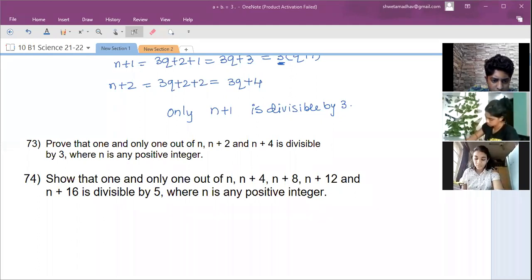Exactly in a similar way you can try the remaining questions. You are not supposed to solve 76 now, that I will take tomorrow. 71 and 76 you are not supposed to do. Then you can try till question number 82. So these all are homework, the remaining ones. Try solving. If you don't get it, I'm there tomorrow.